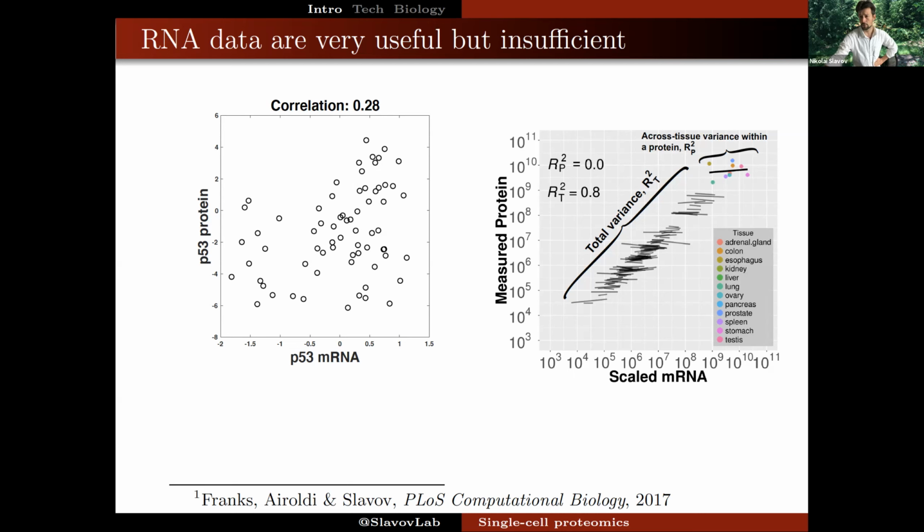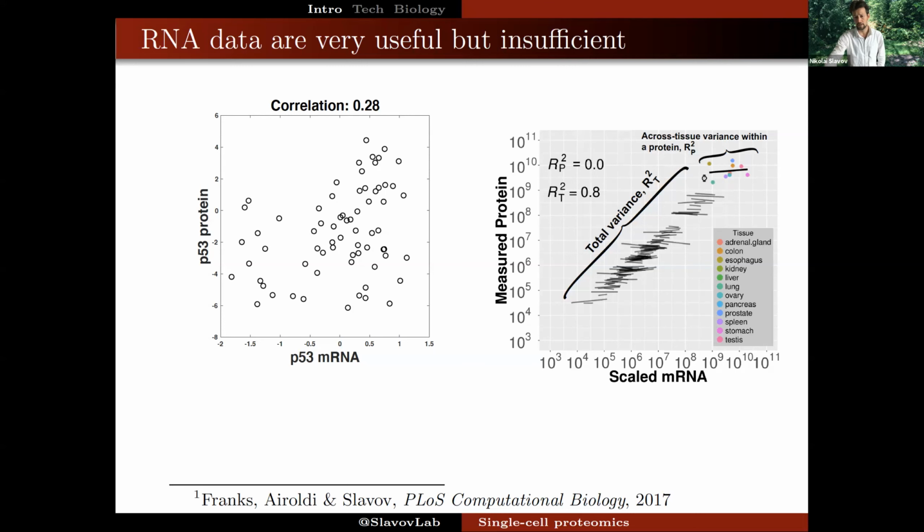And similarly, when we did a more comprehensive systematic analysis of protein abundances across human tissues, we found that only a fraction of the variance in protein abundances is captured by the RNA level. And in particular, how one cell type is different from another, the relative variation of a particular gene shown here, is less well predicted by RNA abundances as opposed to the overall abundance of a protein product.